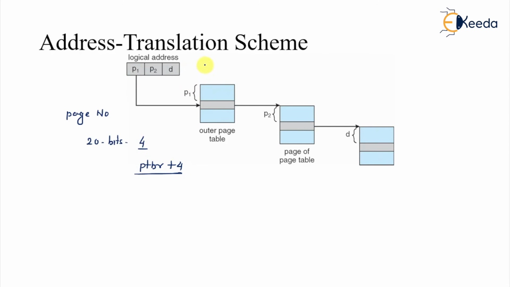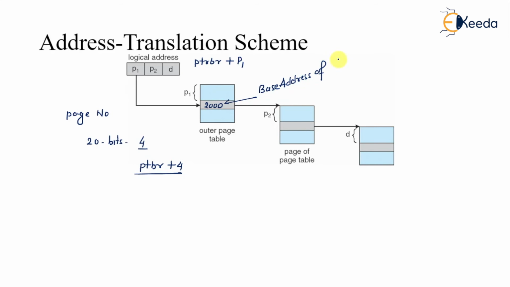this is the index of the first level. PTBR plus P1 gives me this address. Now this will contain some value, suppose it contains 2000. Now what is this 2000? This 2000 is again a base address